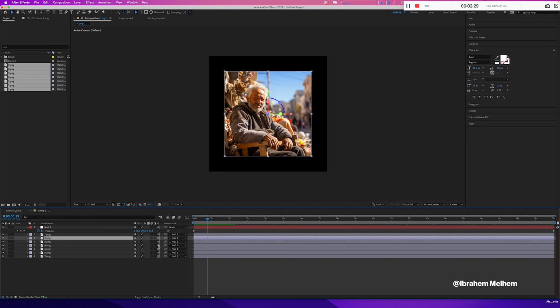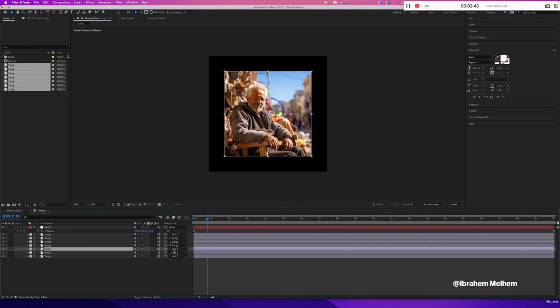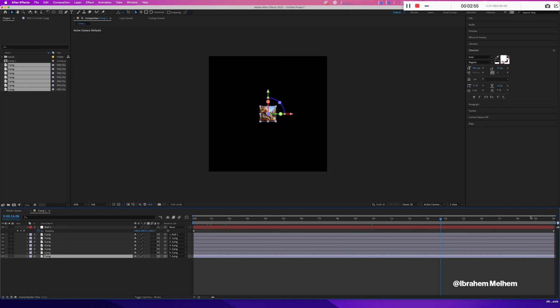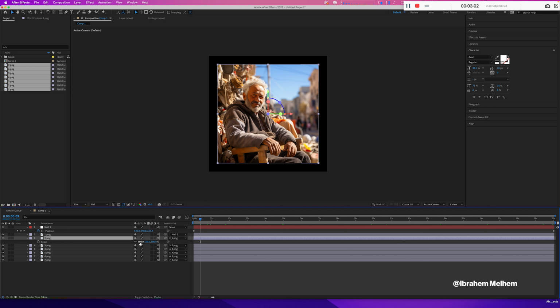We need to link this with 1 and 3 with 2 and 4 with 3 and 5 with 4, then 6 with 5 and 7 with 6 like this. And then we need to go to scale and make it